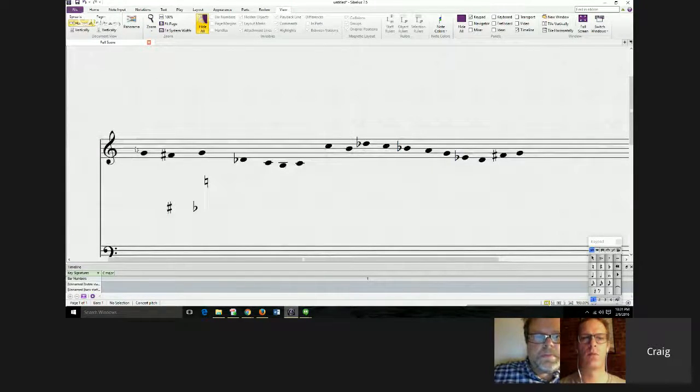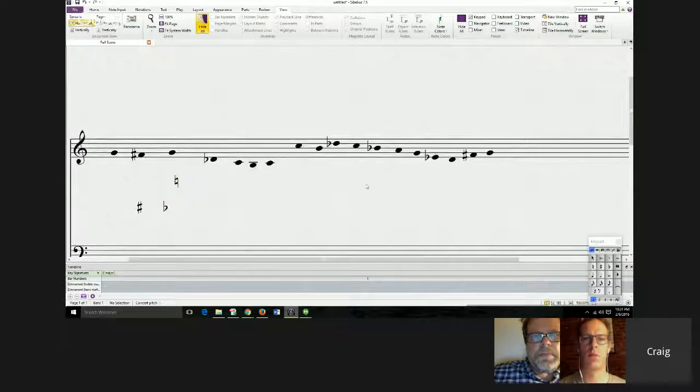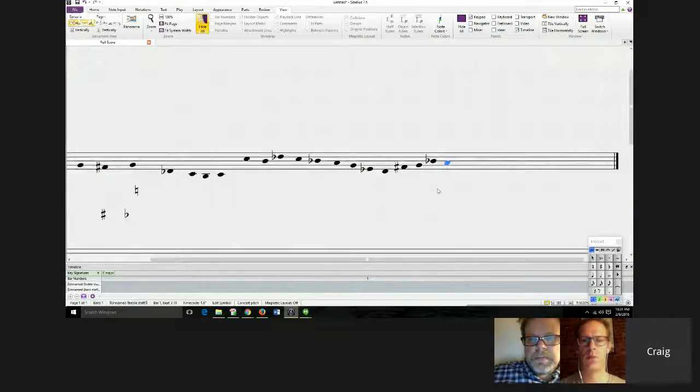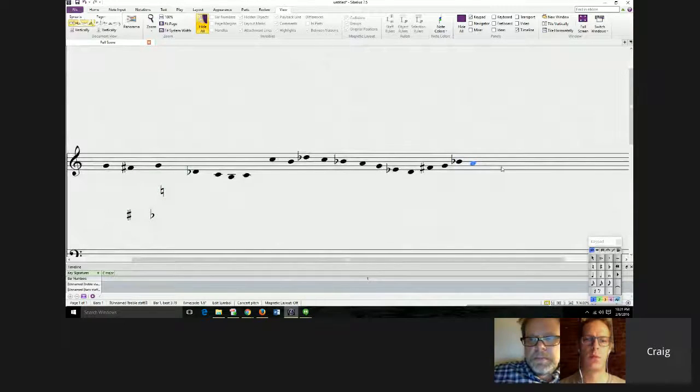Now, do I have enough notes? 1, 2, 3, 4, 5, 6, 7, 8, 9, 10. Not really, but just for the sake of time, I'm going to pretend that I need just a couple more because I want to do the bass clef transposition part also. I'm going to start where I ended on G.